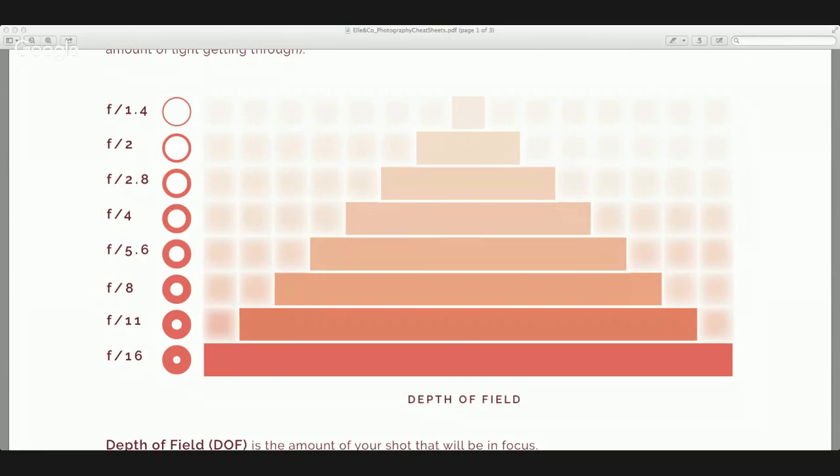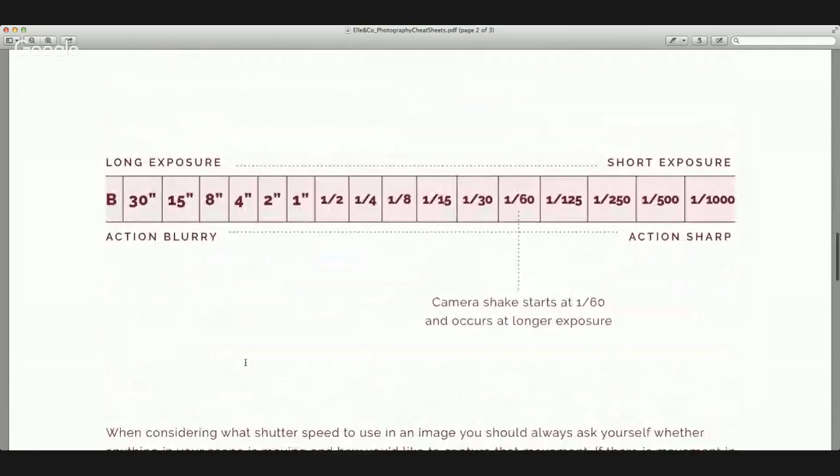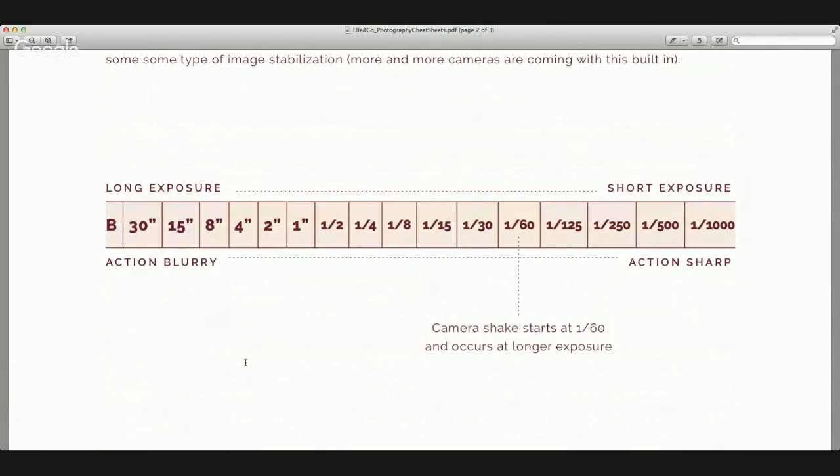All right. So let me scroll down here to shutter speed. Okay. Yes. This is exactly what I said. On the left, you can see 30 seconds, 15 seconds, 8 seconds, 4 seconds. That means the shutter is open for that long, like 8 seconds.